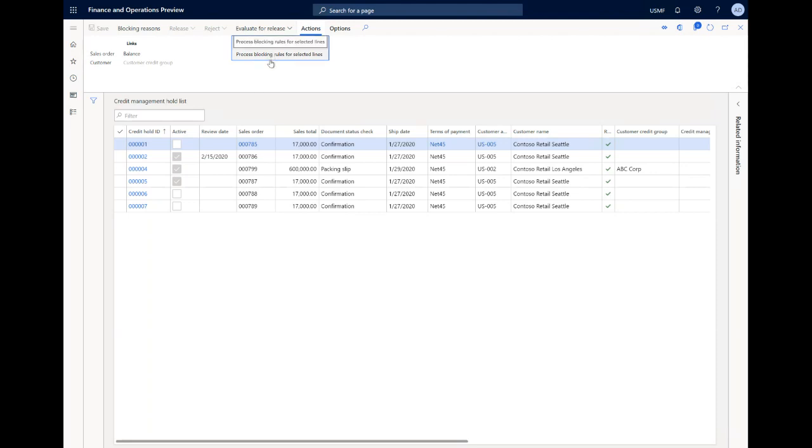You can also release selected lines, so you can pick a line here and check that one line and see if the rules have been passed, again in batch or manually. Once you've done all that, really that's all that credit management does. You've got your list of orders, you've released them. If you release them without posting, the invoice process can come in the middle of the night and pick it up and process it. That's pretty much the process we've gone through: set up your customer information, your credit limits, adjust your credit limits, set up your risk, set up your rules, run your sales orders, and then release them